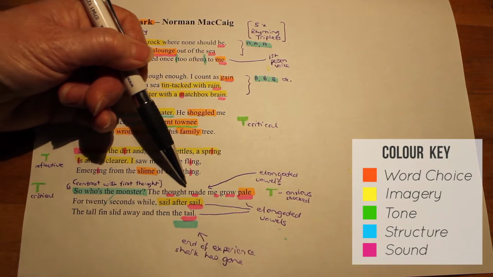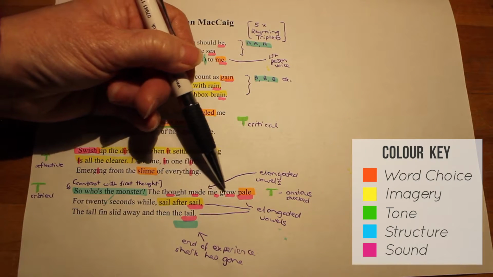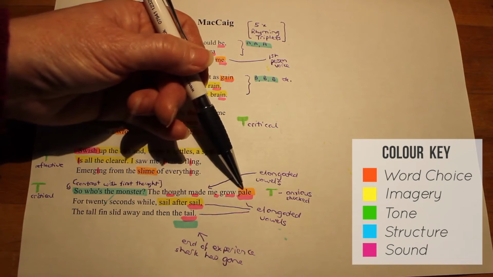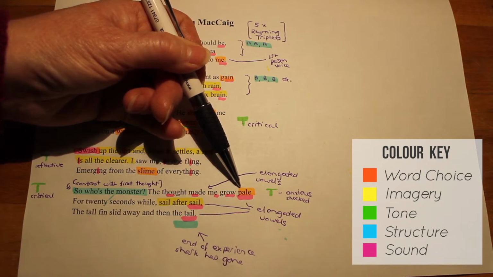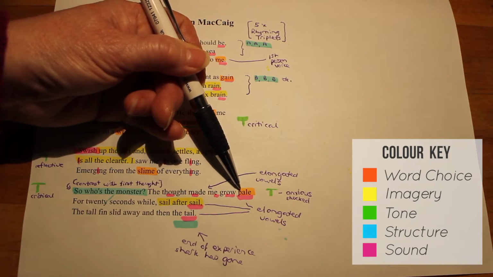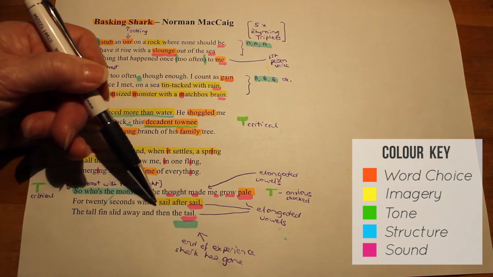We've got a long, elongated list of vowels here. The thought made me grow pale slows us right down. And the word choice of pale here at the end of this line emphasises that it's actually had a physical effect on him. This profound realisation of what he and his fellow man, because he is representing mankind here, have done to nature. And suddenly his perspective of the basking shark has changed, because as it goes away from him,